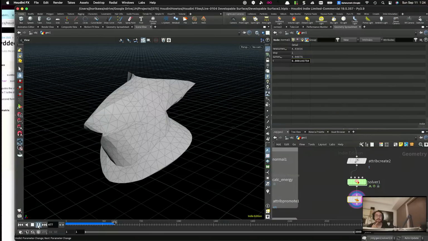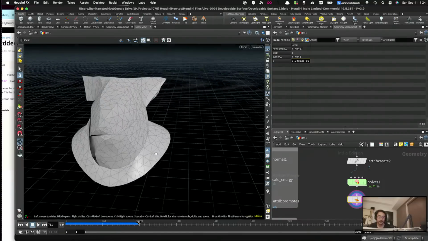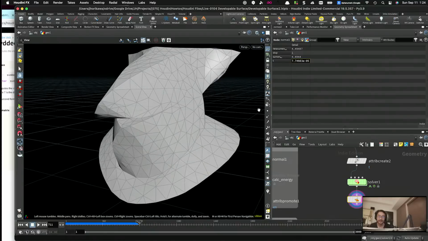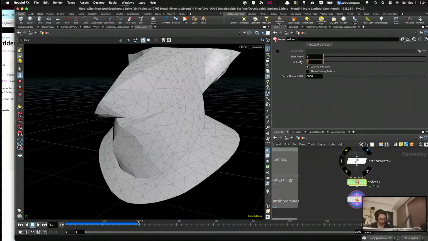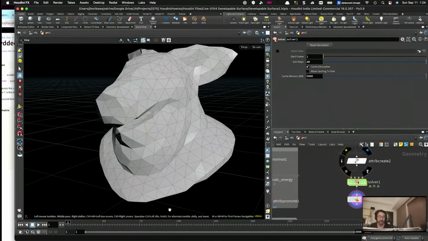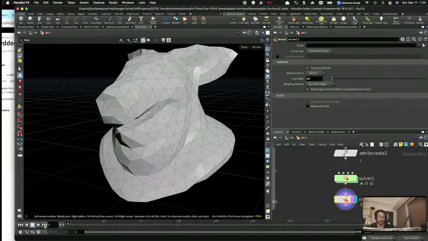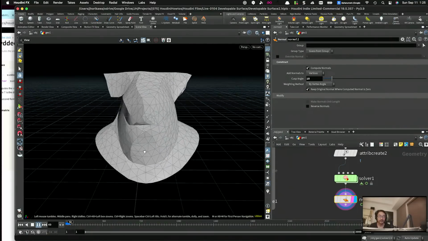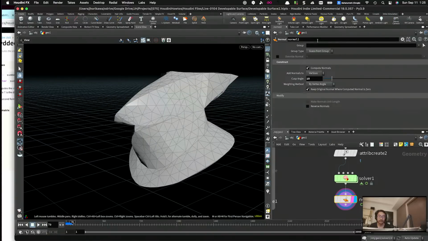Well, somewhere around 500. Maybe that's taking too much time. I'm going to increase the substep a little bit, like 10. That might make the calculation slow, but let's see. Oh, it's still fast. Okay. So